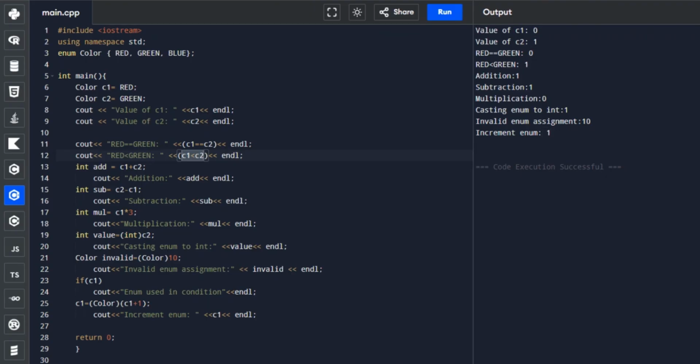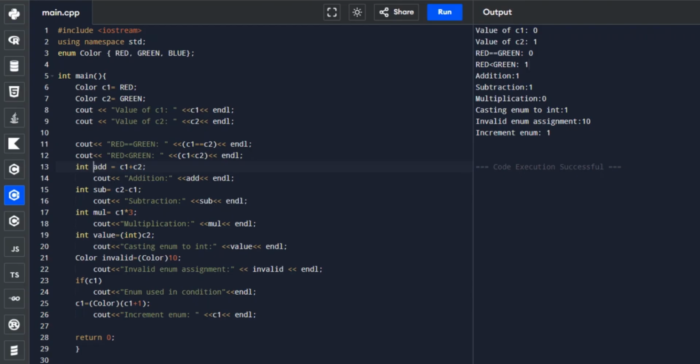Next thing is we are having our addition. We add the value of C1 and C2. As you can see, since in C++ the enumeration values act like an integer, that's why we were able to add C1 and C2.